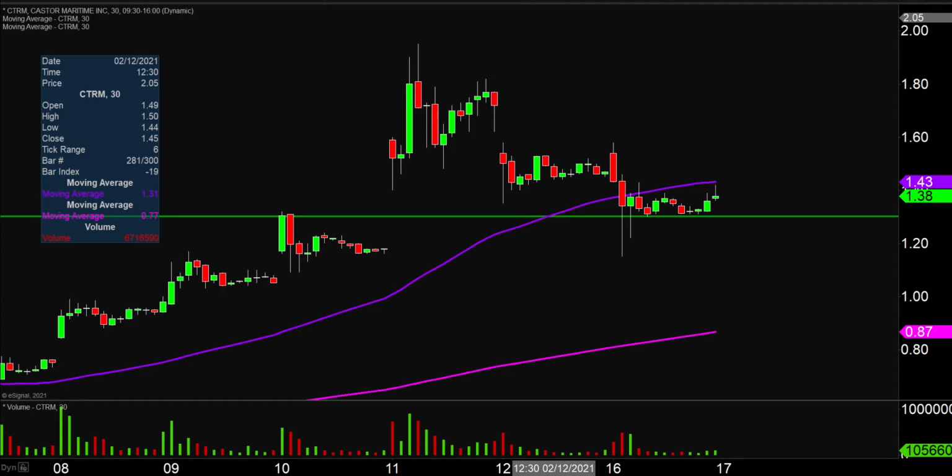Well, another day of pulling back here, but the price did behave exactly like you would want to see it behave, and this will mean a little bit more to those of you that watched the previous video I did. But if you didn't, then a quick recap. Talked about that green line at $1.30 being an ideal level of support. And yeah, the price did actually break down below there earlier on in the day, but again,